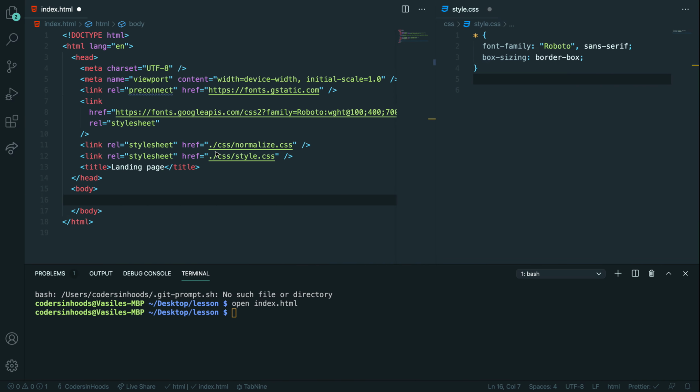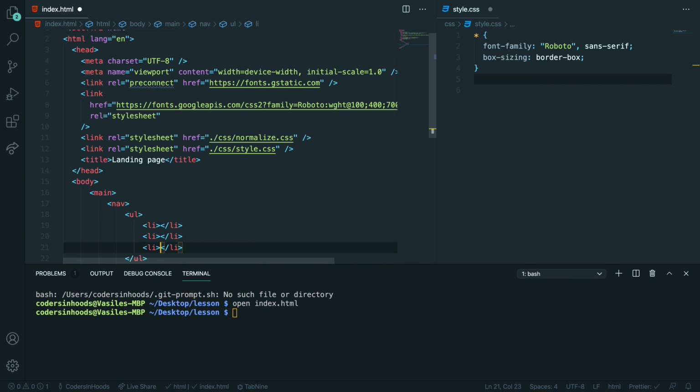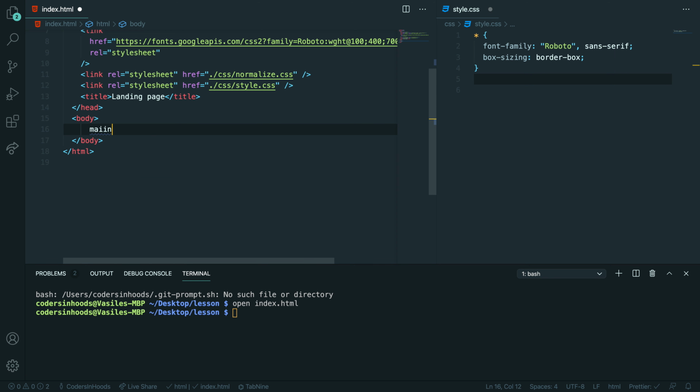So what I will do, I will create main. And this is what I said, that for you that might be magic. So I can create main, right? And inside I can create navigation potentially, and there I can create UL, and there I can create a li and maybe a few LIs. So I'm just copying them. So this is a very, very long story. And now I need to add some classes maybe. That will take time. But with Emmet, I can type main,